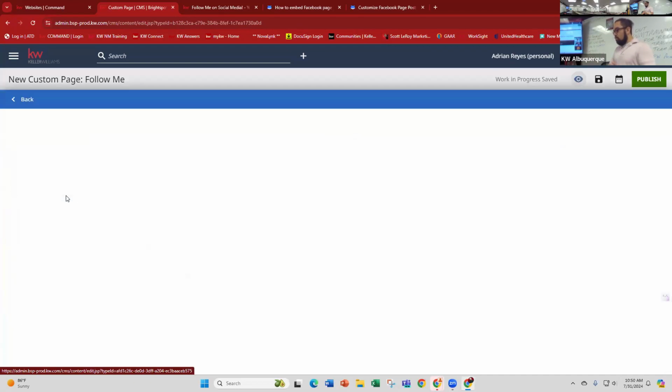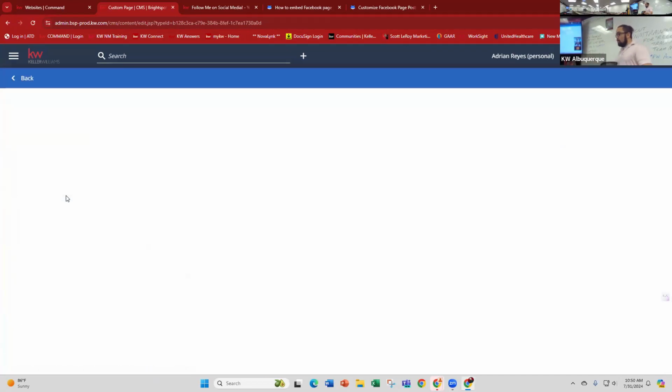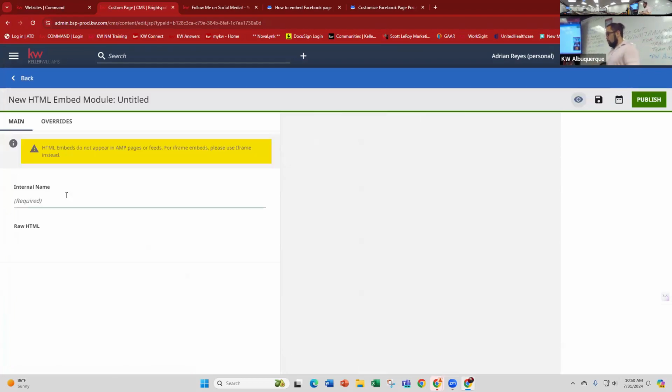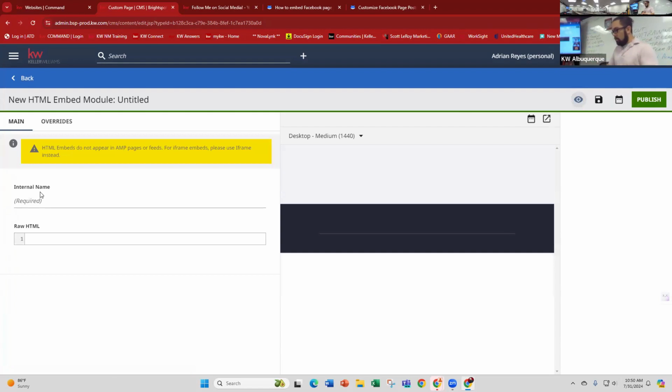So create new, it's going to bring up another page where it's going to allow me to start putting in this code. So you're going to first name it internally. It's a widget that came from the social kit or whatever. You can name it however you want. Use the Facebook widget, social kit widget, whatever. So you name it